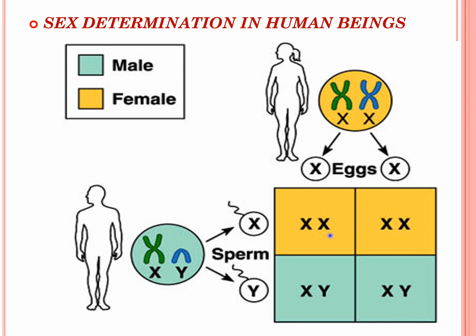In this way, it is the type of chromosome, that is X or Y, inherited from the father, which will decide the sex of the child, whether it is female or male. In fact, it is a matter of chance. The sperm with X or Y chromosome will fuse with the egg having X chromosome, and that determines the sex of the child.